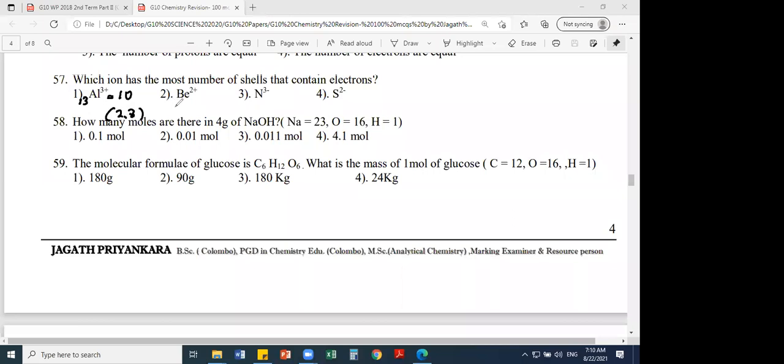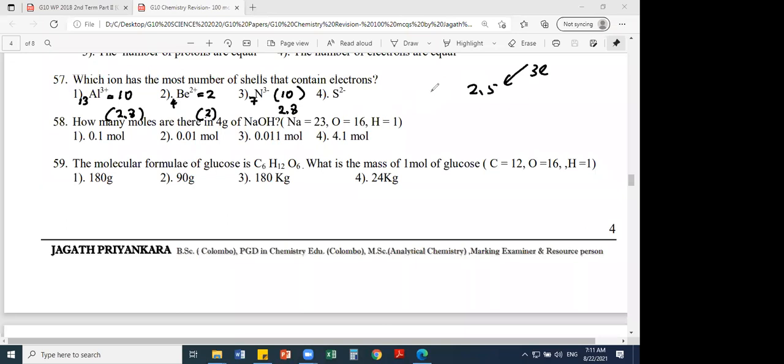Okay. Beryllium atomic number 4. Then here only 2 electrons, configuration also 2. Nitrogen atomic number 7. That means how many electrons are there? N3 minus. So it's 2, 5. N3 minus means it gained 3 electrons. So 7 electrons become 10. Minus means electrons increase. 7 become 10. Then it becomes 2, 8.